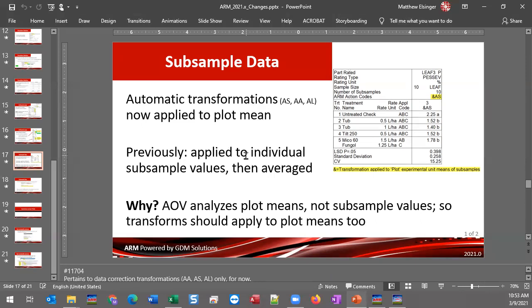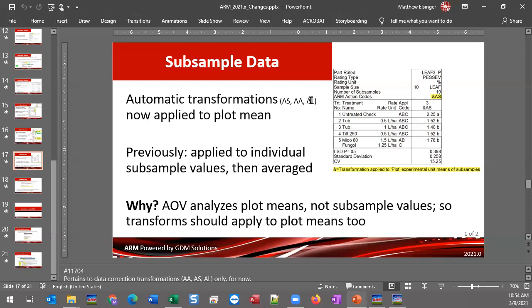Previously, as you'd imagine, with your data column with the individual subsample values, when we went to analyze the data, each individual subsample value would be transformed with the square root, the arcsine, or the log transform in the background. We do each of those individual values,